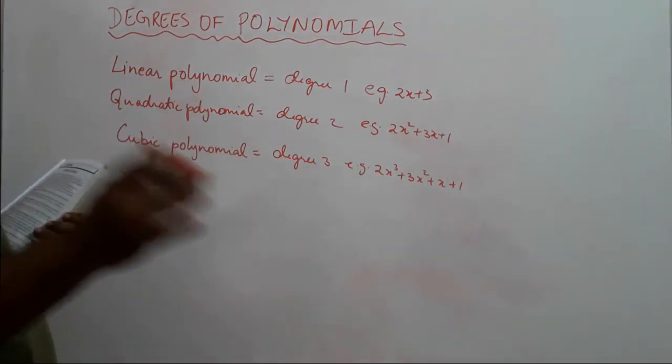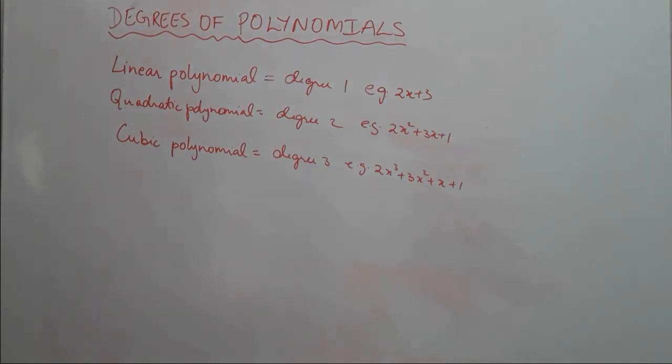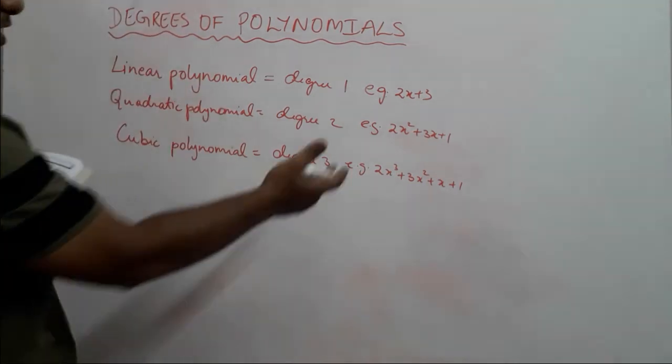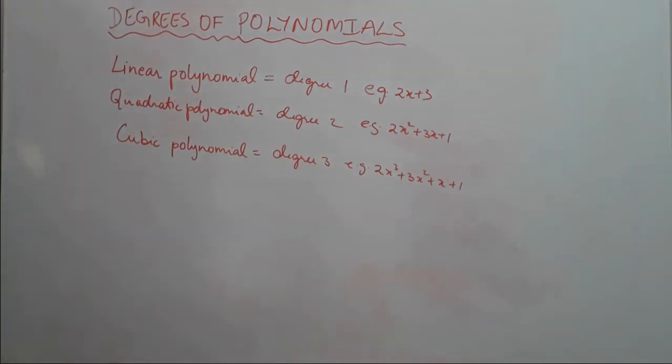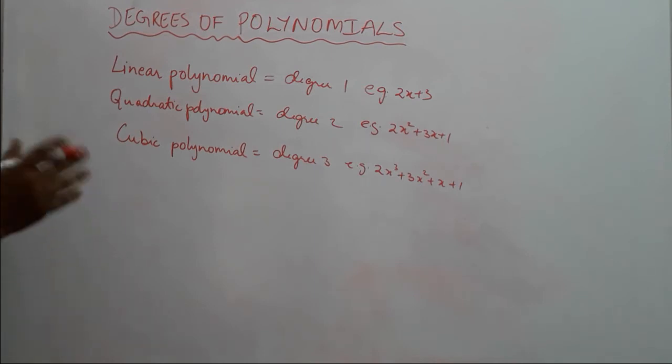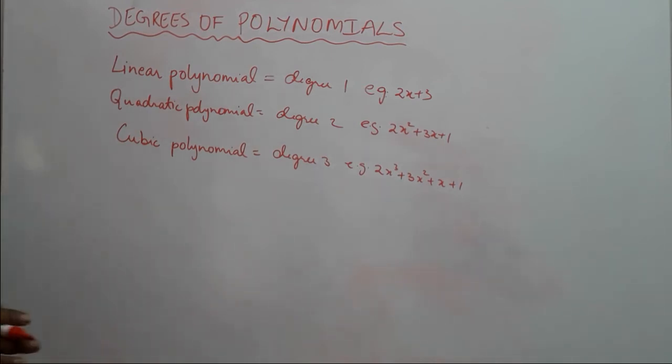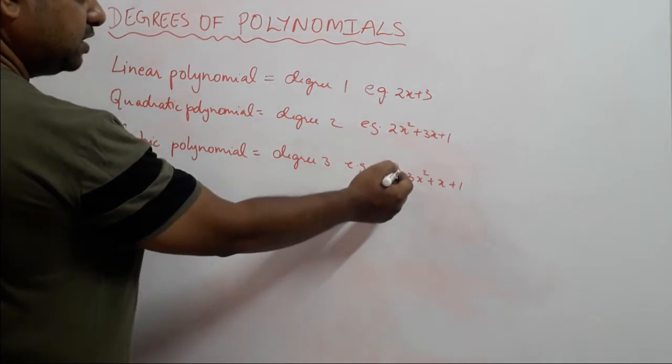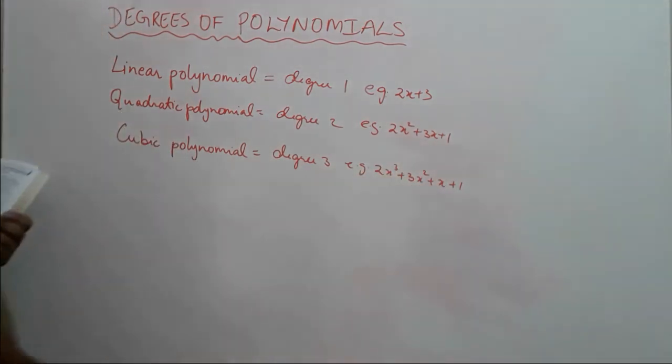It can be any number, even a negative number, so it can be any real number, but it should not be equal to 0. Otherwise, even if we have a higher degree than 3, it will be pointless, because it becomes 0. Anything multiplied with 0 becomes 0, remember that. So this is known as a cubic polynomial, and the final one we have is called a biquadratic or quartic polynomial.